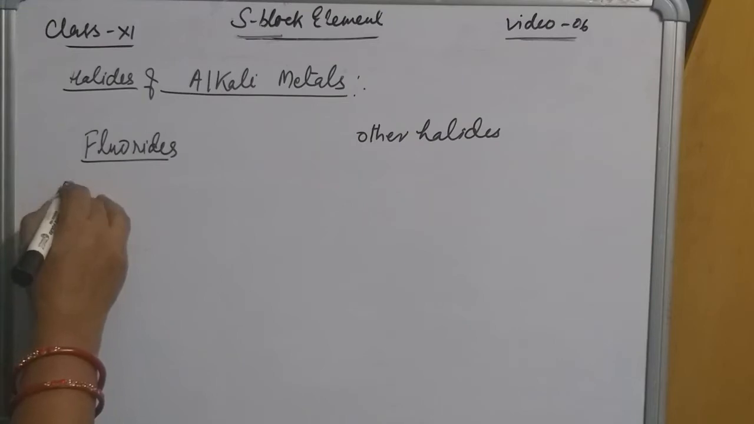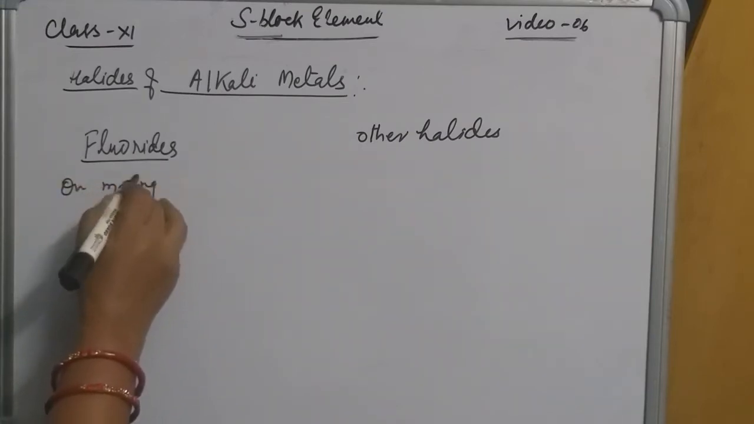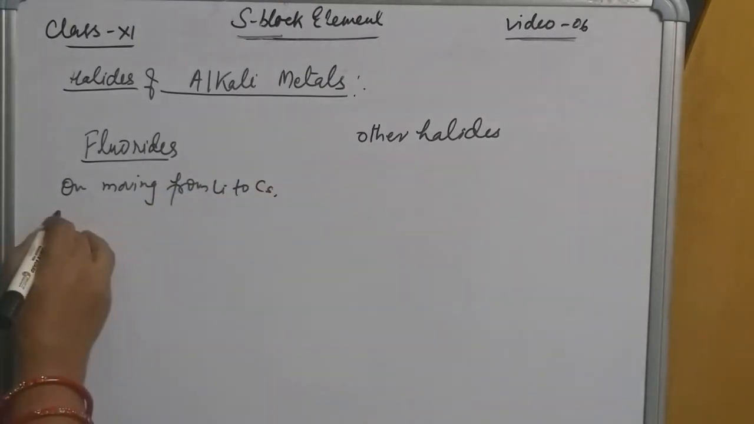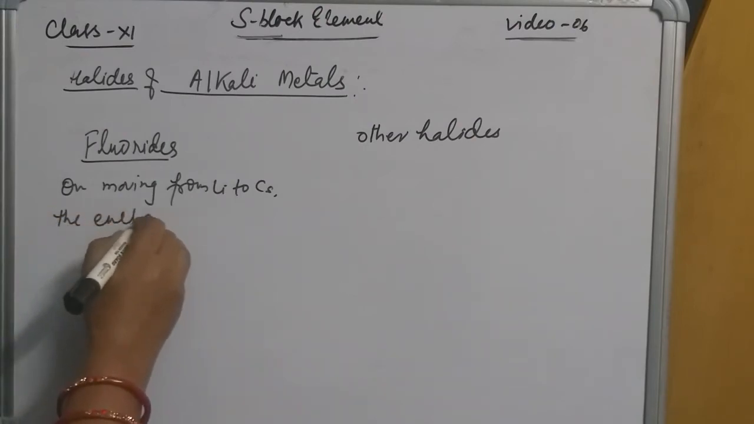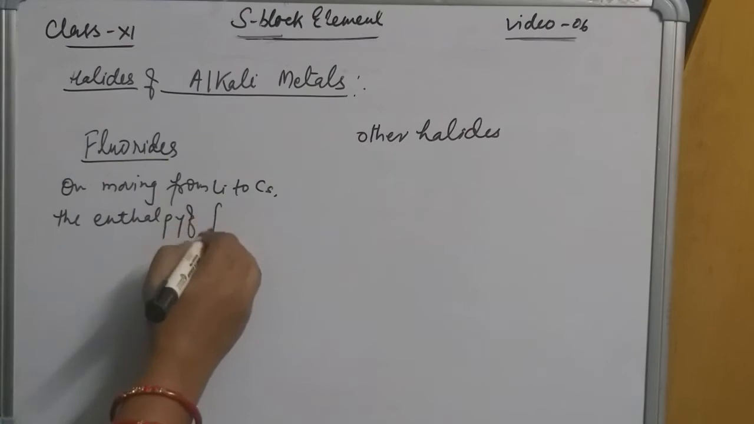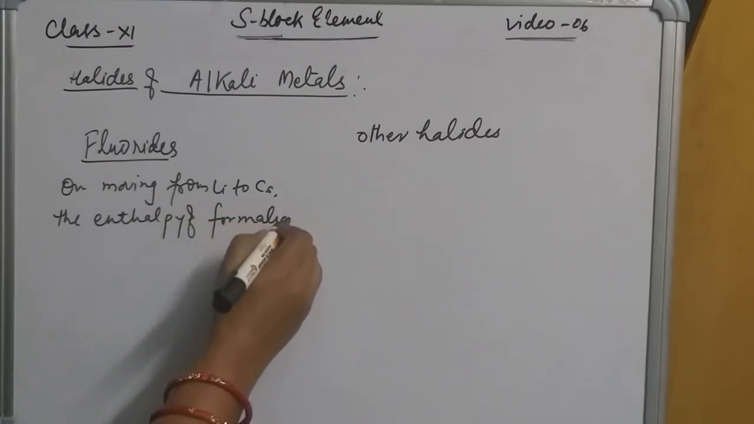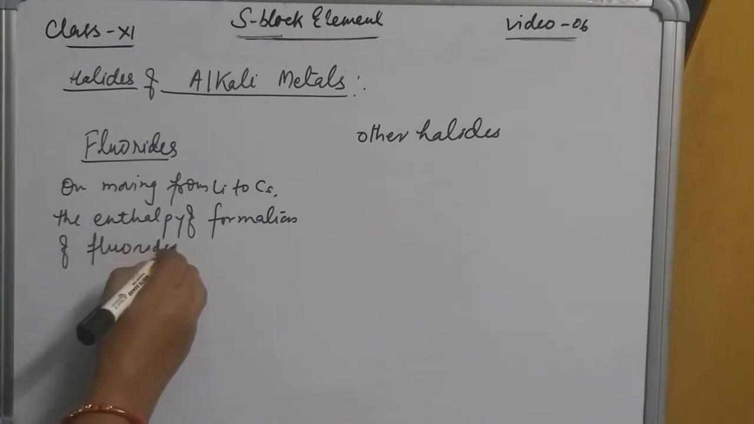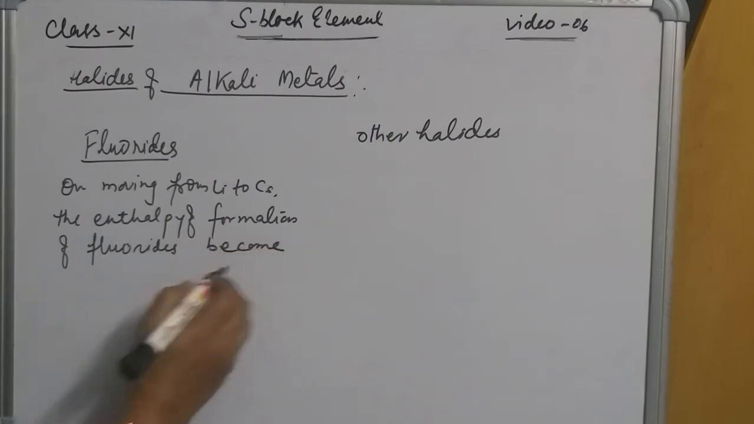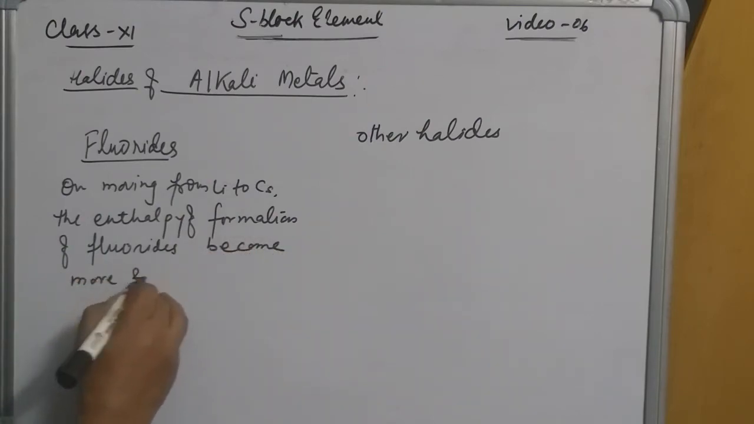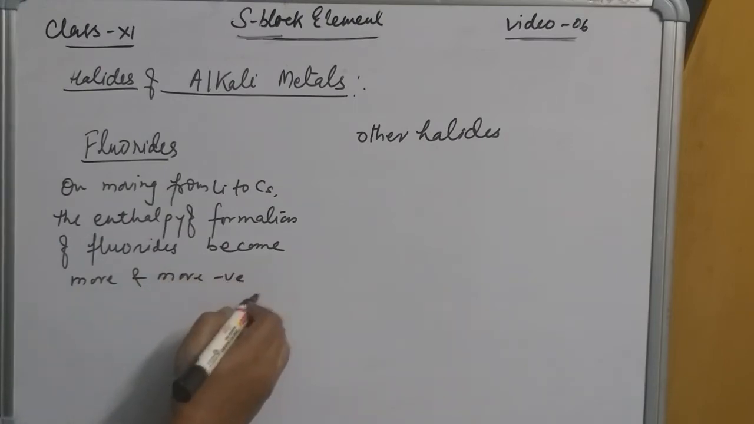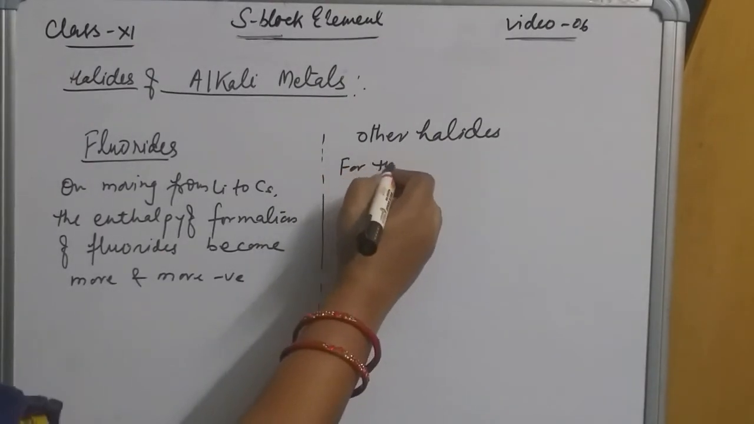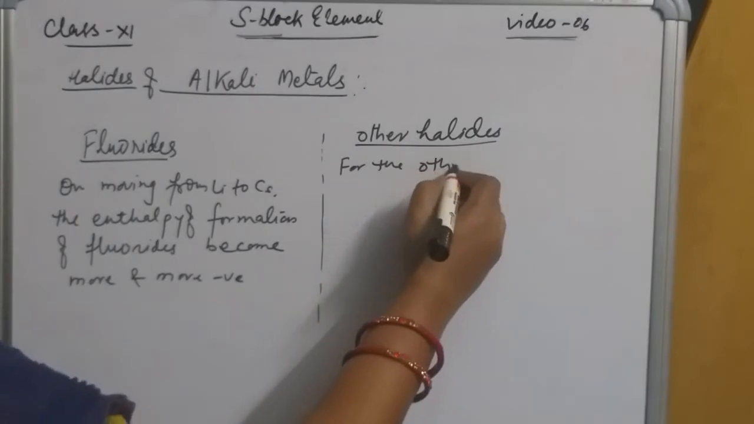On moving from lithium to cesium, this is the reasoning question part, the enthalpy of formation of fluorides becomes more and more negative. For the other halides,